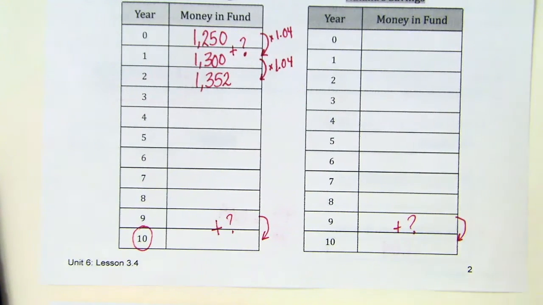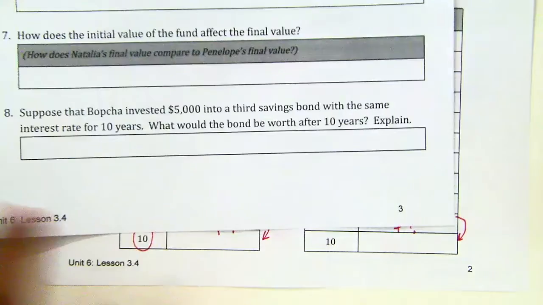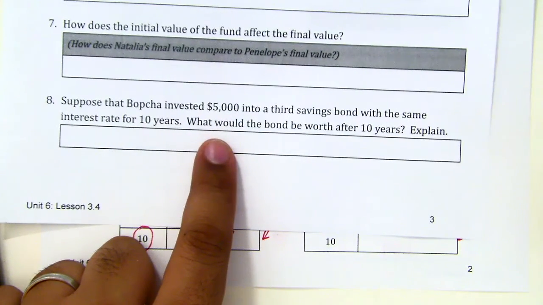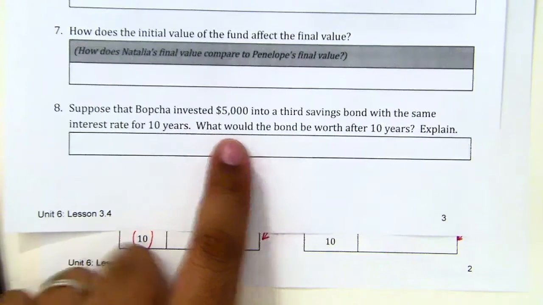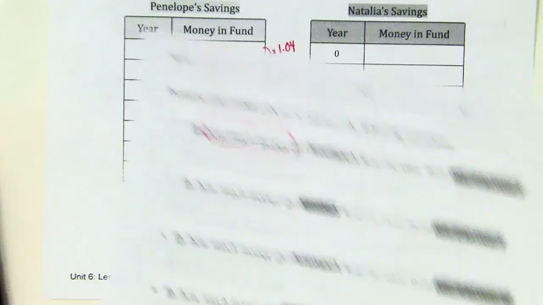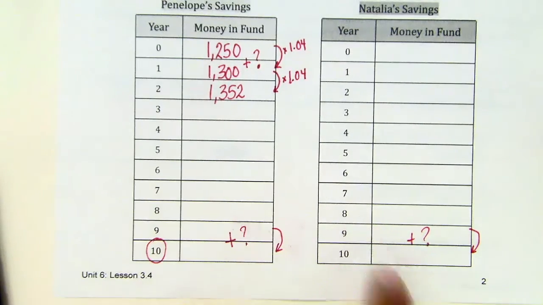And you shouldn't need to use the equation to figure that out. You actually can, if you want, write out an equation for this using the numbers that you have, and then use the equation to determine how much money is there in 10 years, but that's not the goal. I want you to use the relationship that you see between these two tables to try to figure that part out,